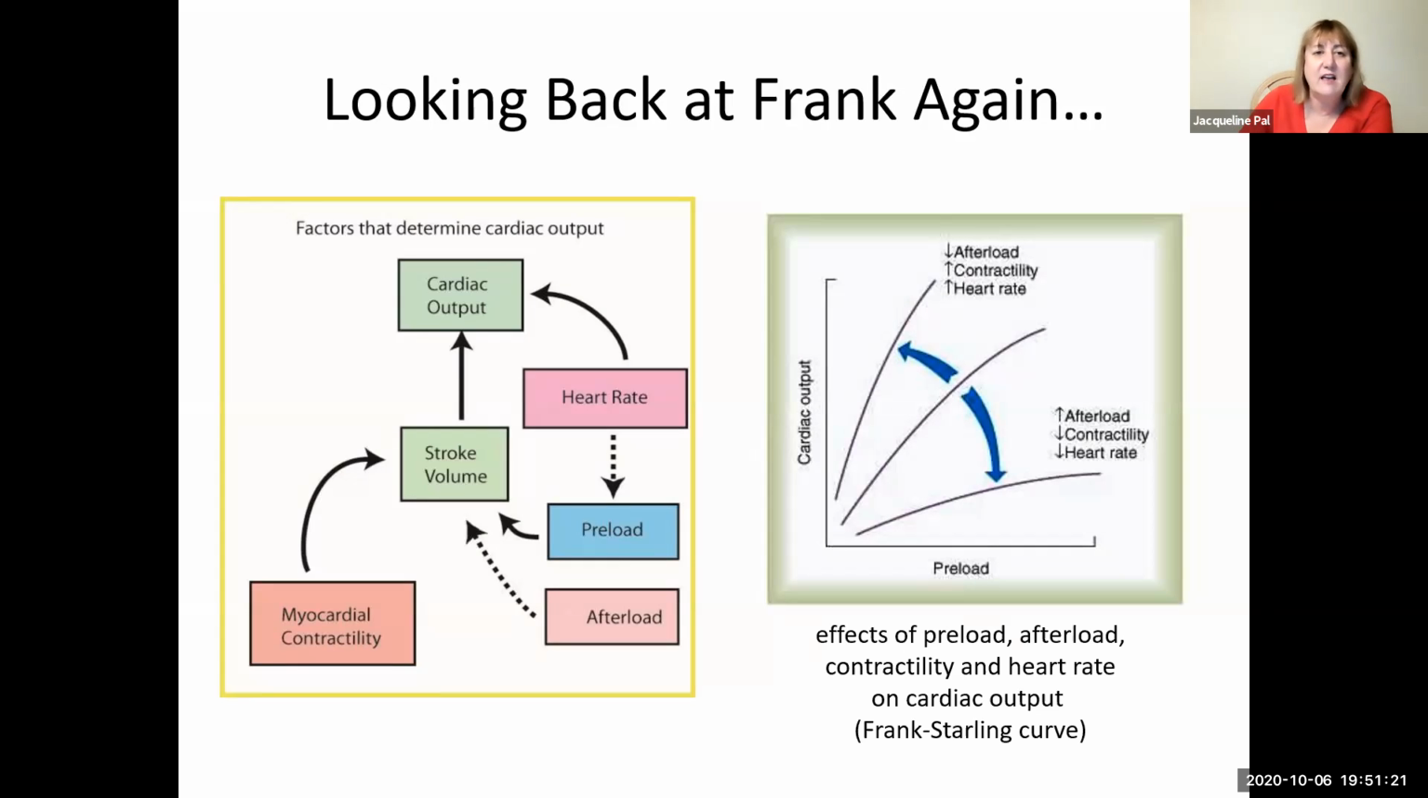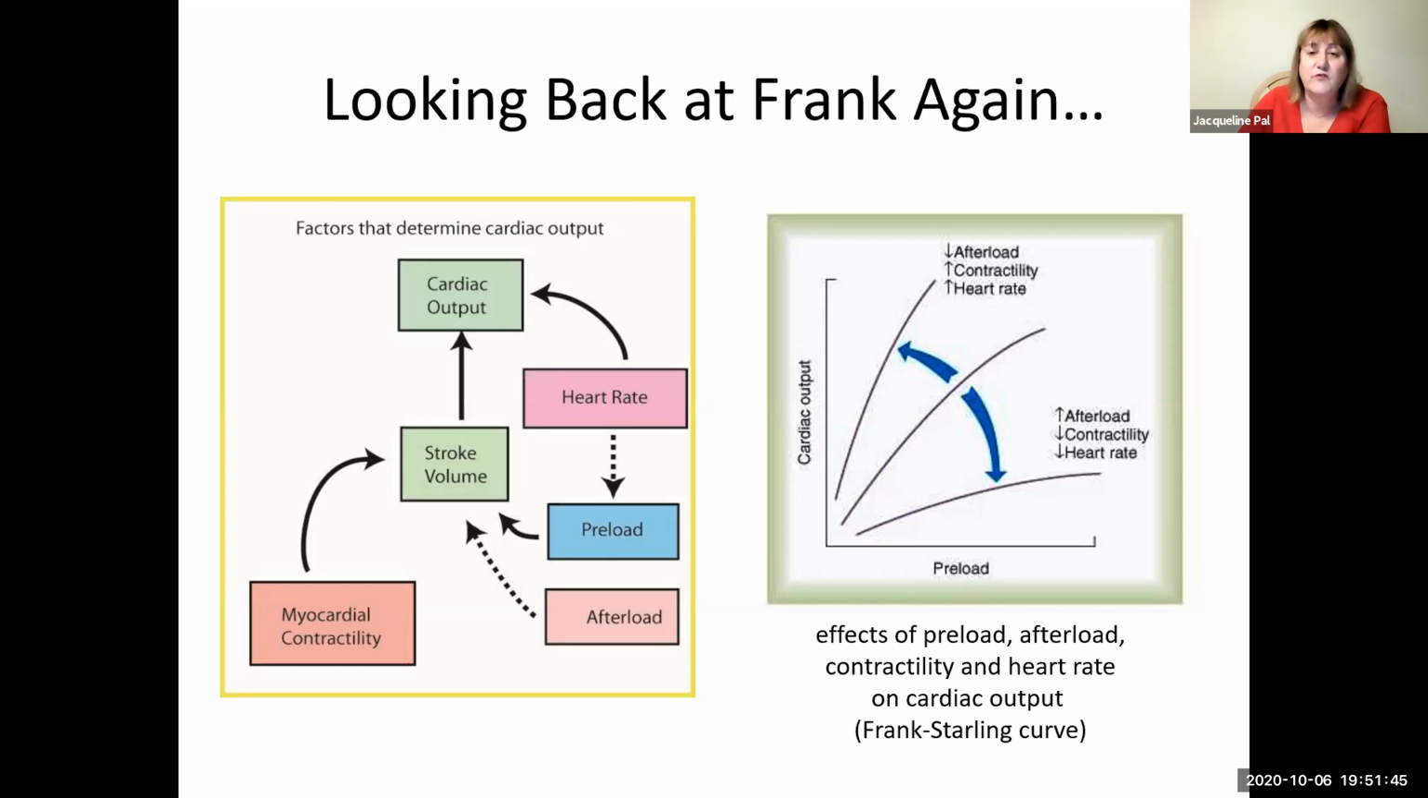So if we take all these things and we throw them back onto the Frank Starling curve, the line in the middle is the normal. And what we notice is we can shift the curve up and to the left. In other words, increasing cardiac output generally by decreasing the afterload or increasing the contractility or increasing the heart